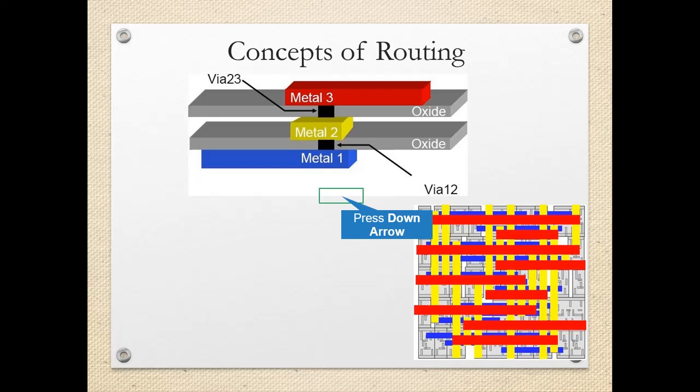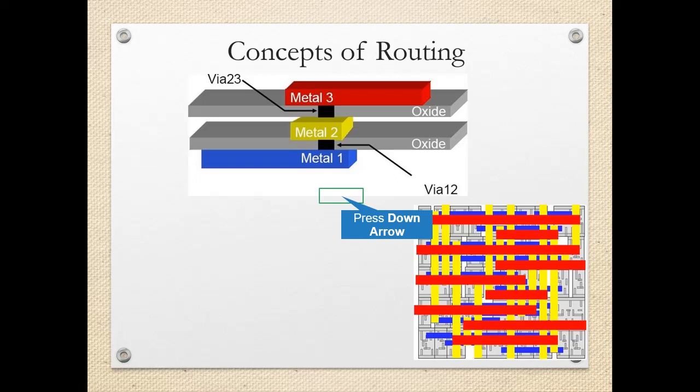Then we'll see the concept of routing, because all these words came in the ASIC design flow, so we'll just get familiar with these terms. So what is routing? Once the cells are placed, it is required to interconnect the different cells. Like the output of one cell will act as an input to the next cell and vice versa. So there is interconnection required between the different standard cells which are placed in different rows.